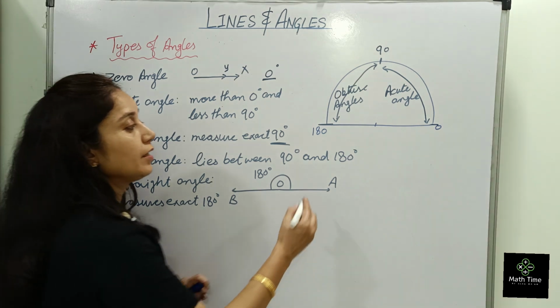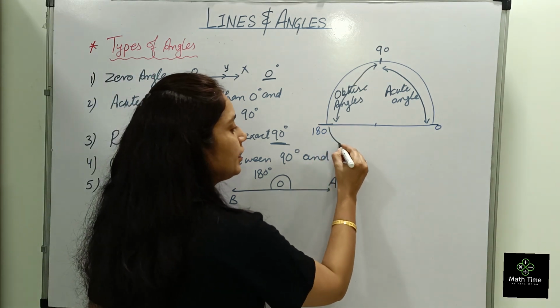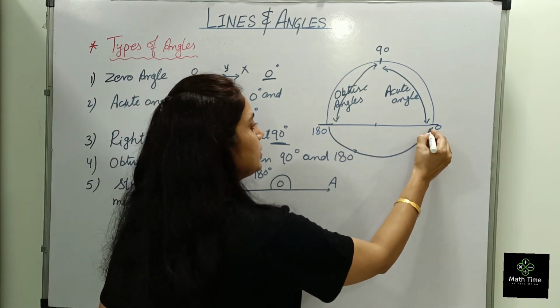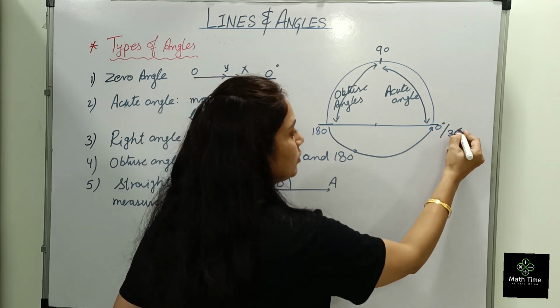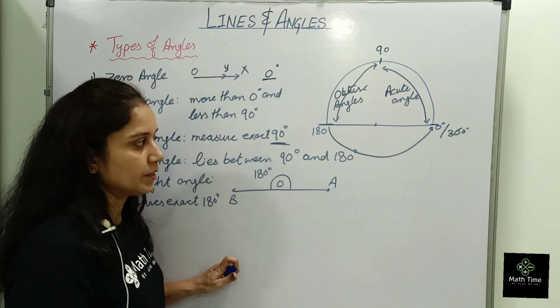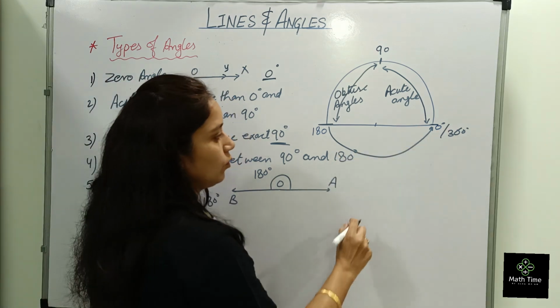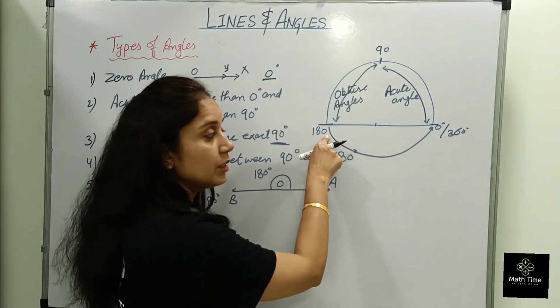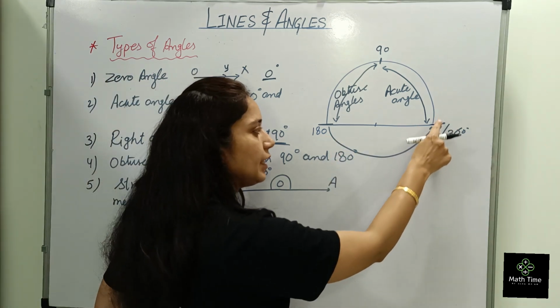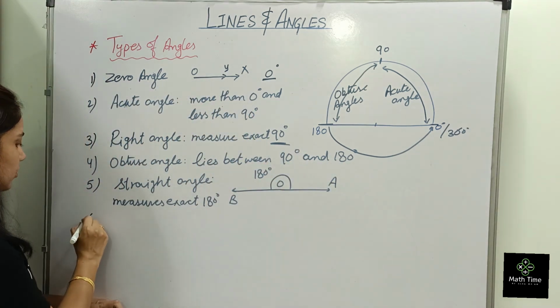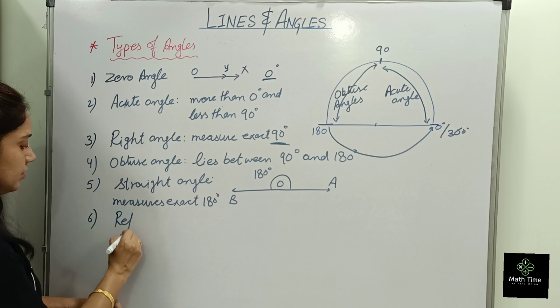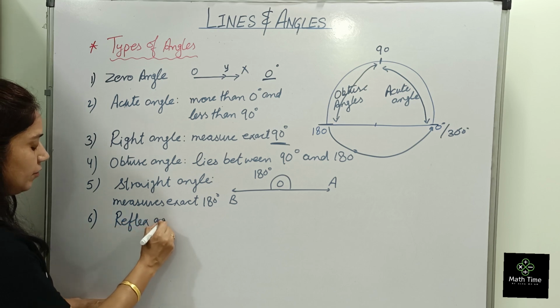Now there are angles which are more than 180 degree and less than 360 degree. Here 0 degree and 360 degree both measures we have at this point only. So the angles which measure more than 180 and less than 360 are called reflex angle. So our next type of angle is reflex angle,